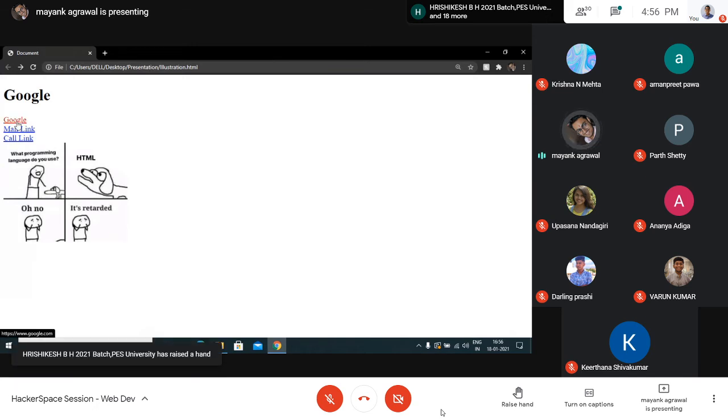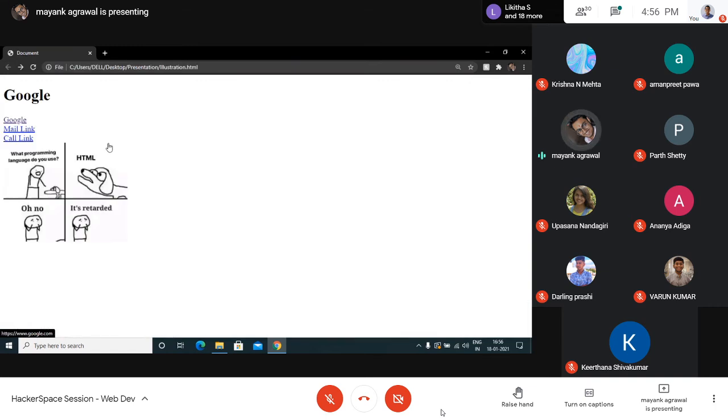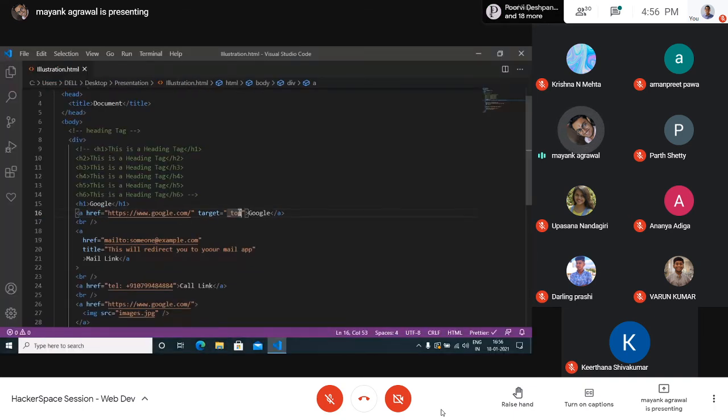But say you have some web page which is quite long and you need to scroll down. When you click on that, it will first go to the top and then direct you. So underscore top, you won't be using often. Most often used will be blank or self.